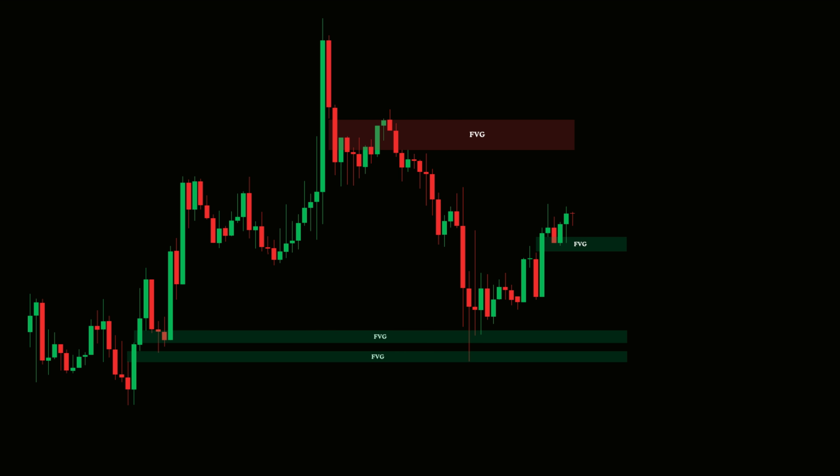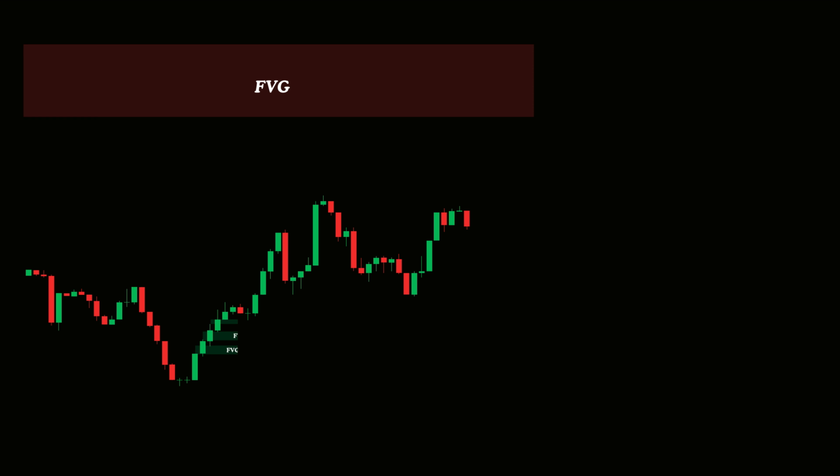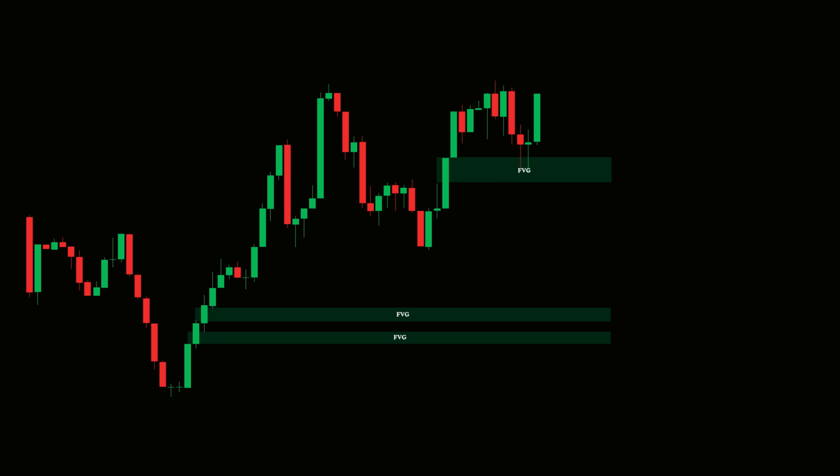As you can see, the indicator does a commendable job of marking the most recent fair value gaps without cluttering the chart. When we switch to another time frame, it automatically adjusts and identifies the fair value gaps for that specific time frame. There's also an additional setting that allows you to view higher time frame fair value gaps simultaneously. If I open the settings and scroll down to the time frame section, I can add another one and apply it to the chart. Now, we're on the 1-minute chart, yet I can still observe the 15-minute fair value gaps